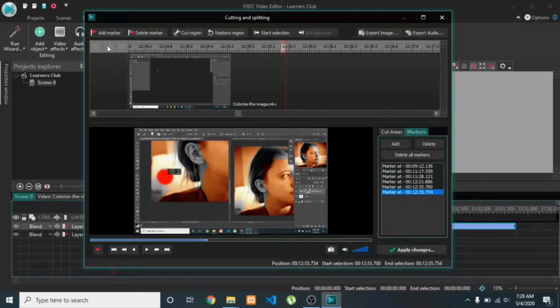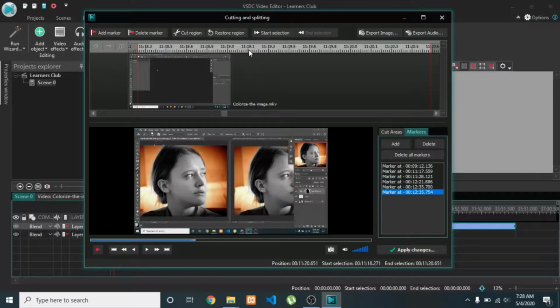So I am zooming in. And as you can see, I have added the marker. Let's see, where I have added the marker, this region, and I have added the marker right here, and I would like to cut the video within that region.